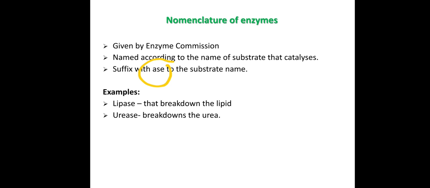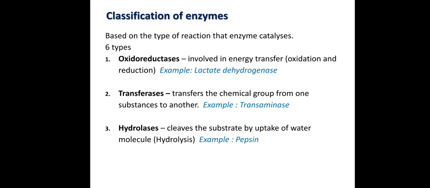And now at present we have 6 major classes of enzymes. They should be named in order: class 1, class 2, class 3, class 4, class 5 and class 6. Each one of them has been classified based on their function, based on what kind of chemical reaction they catalyze. Based on that the classes are made. So how many classes are there? There are 6 classes of enzymes. Let's see one by one. The first class is class 1,